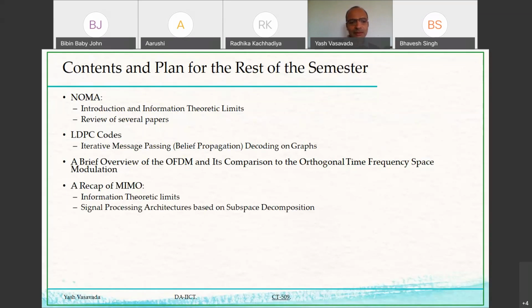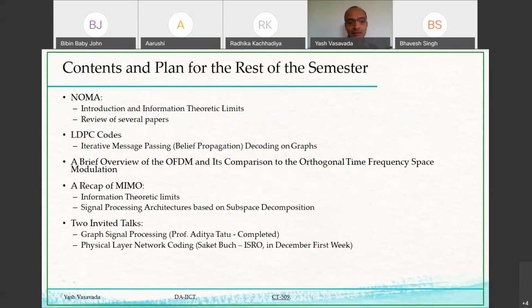And after that, depending on how much time we are left with, we will probably do some recap of the MIMO techniques, especially in terms of the signal processing architectures based on subspace decomposition. There'll be one invited talk by Saket Buch at ISRO. The other, by Professor Aditi Tatu, was already completed last week. And after that, I don't believe that we will have much time left, but otherwise we may spend some time